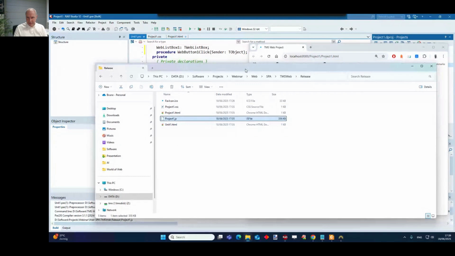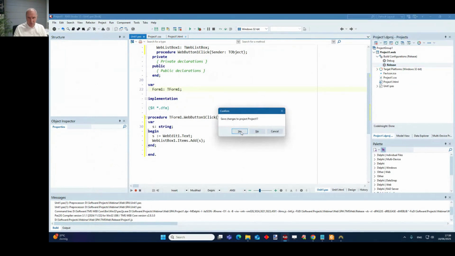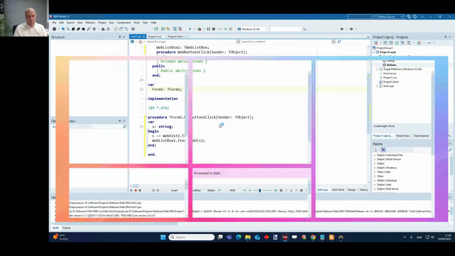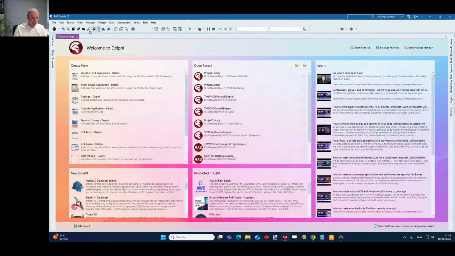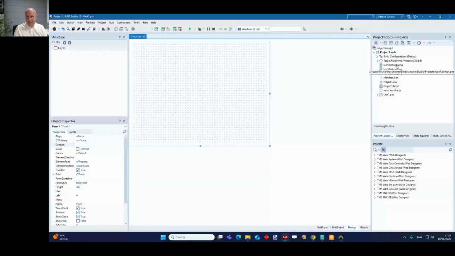All right, let's continue with now having a look at the user interface. I will close that application. Well, maybe what we will do is first have a look at the progressive web application. And I create a new progressive web application here with a PWA. And if we compare the content of this progressive web application with a regular SPA web application, we can see that a couple of files are added here